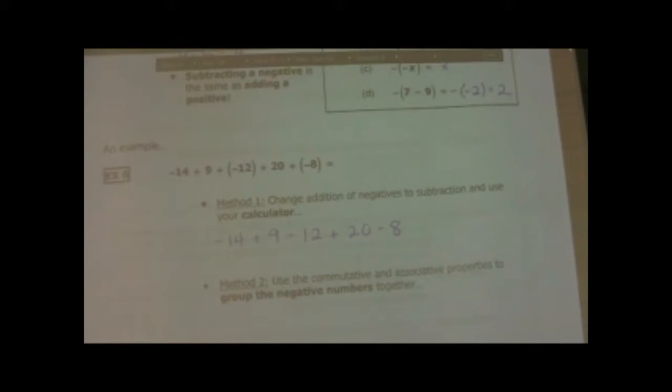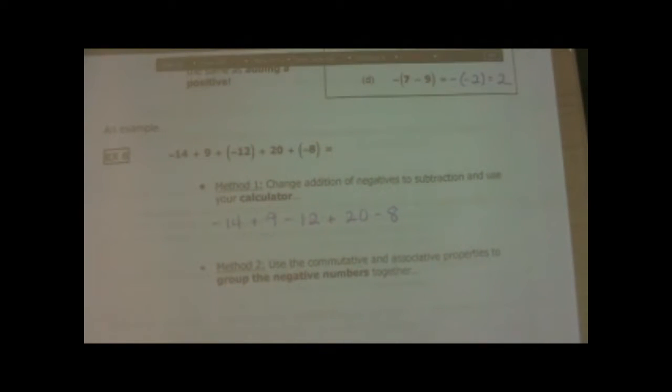And those are the mistakes that you hate to make, because those are the points you didn't have to lose, all right, when it comes time for a test. Points you didn't have to lose. All right? Now, method 2, use the commutative and associative properties that we learned and talked about this morning